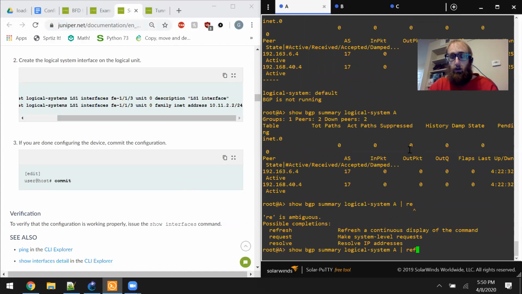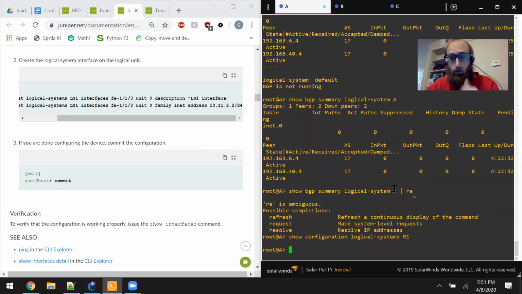So this is really nice because, as I said, if you don't have the capacity to run a server like I am, and all you've got is a laptop with hopefully 8 gigs of RAM, but you might even be able to do it with like 4, you could just spin up one VMX in GNS3, and then you can make logical systems and name them R1, R2, and then whenever you want to look at a show run or a show configuration in Juniper terms, you just say show configuration, logical systems, R1, and then you see your configuration